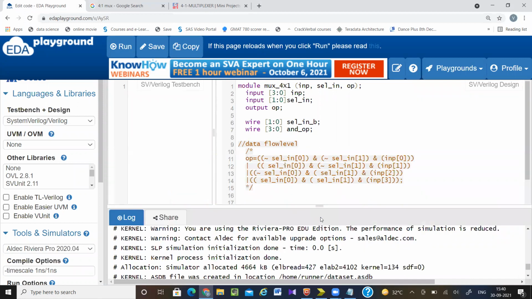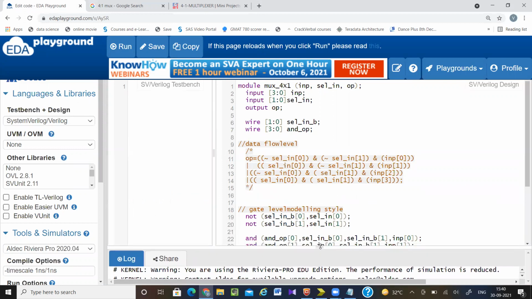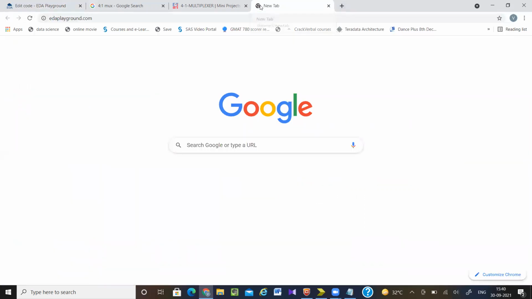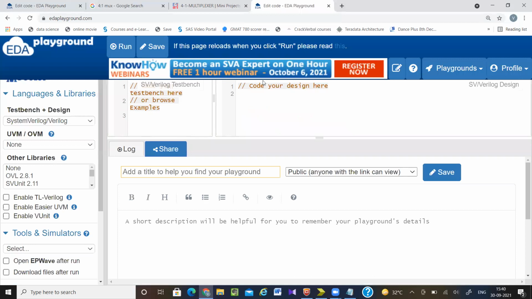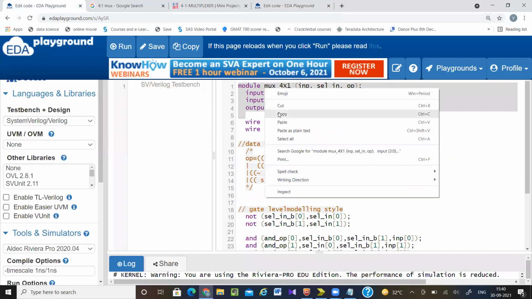Next I'll be writing the behavioral modeling style of the 4:1 mux. Same thing, I can copy paste, because my module part will be the same.